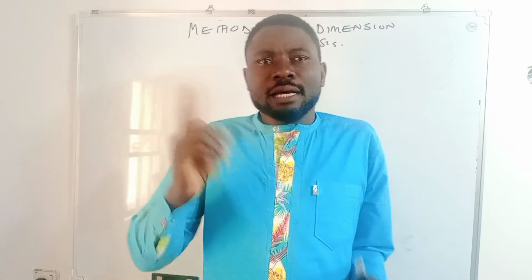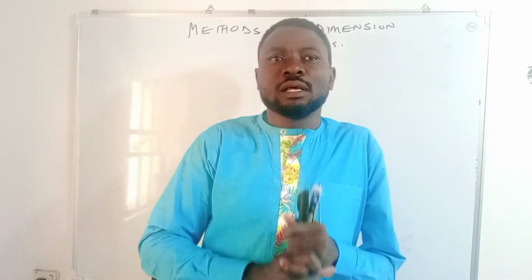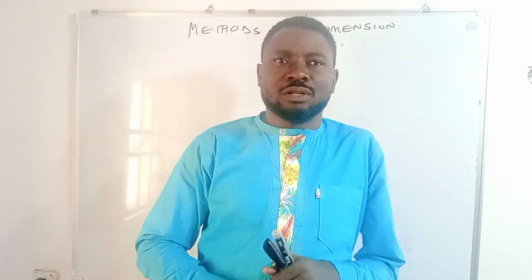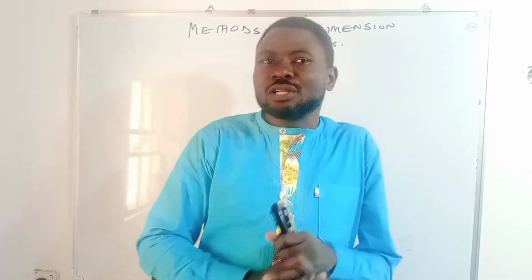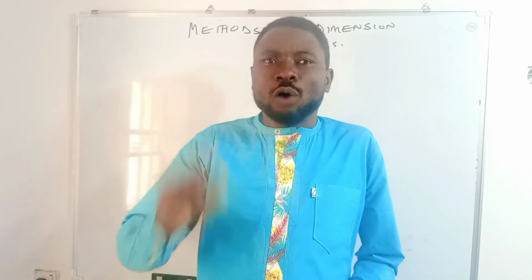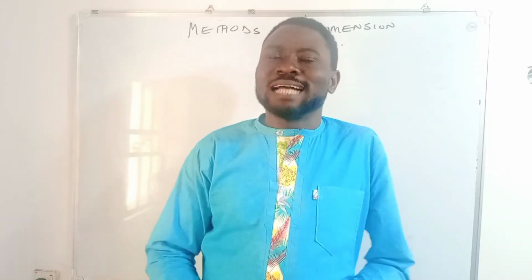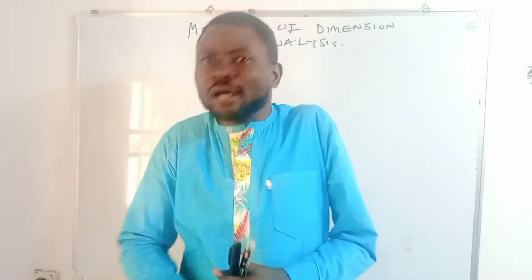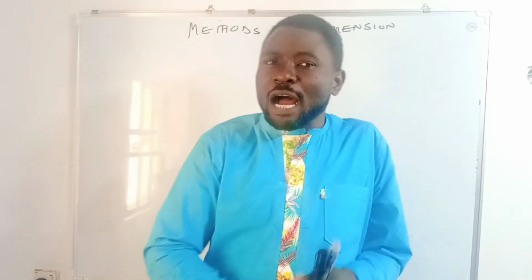Number 1, please take note. If you have a pen and a paper, please write this down. Number 1 is that all numbers are dimensionless. What that means is that all numbers don't have dimensions. Now, dimensions at the left hand side of an equation must be equal to dimensions at the right hand side of an equation. Again, number 3, all constants are dimensionless. What that means is that anytime you have a constant, know that that constant does not have a dimension. Anytime you have a number, that number does not have a dimension.